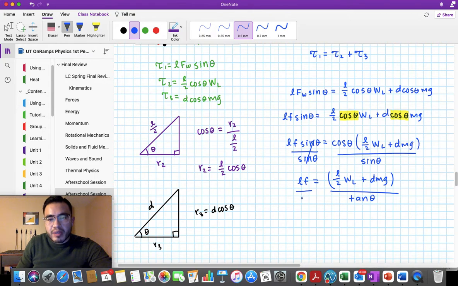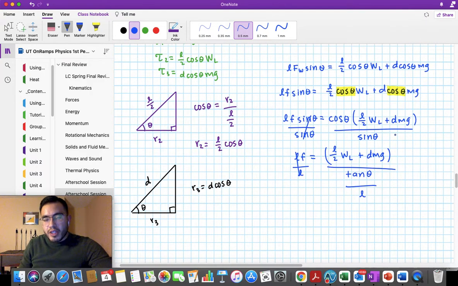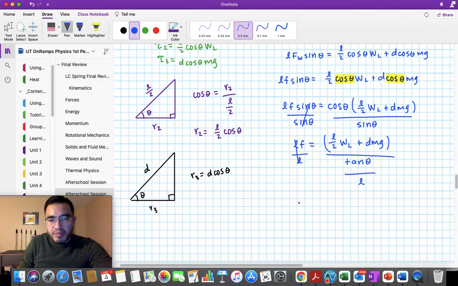That is, I divide by the length. This cancels. And I divide this whole thing by the length. If I do the cheeseburger method, or however you want to do it, my final equation will read like this. The force of friction is equal to half the ladder times the weight of the ladder plus distance d, mass of the kit, times acceleration due to gravity,